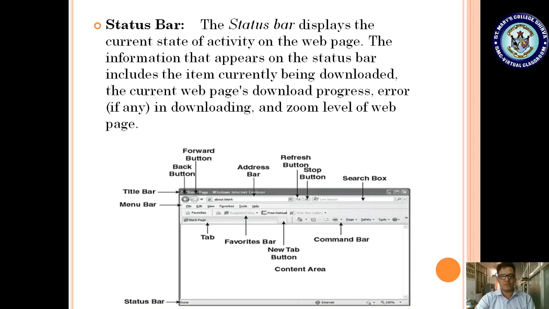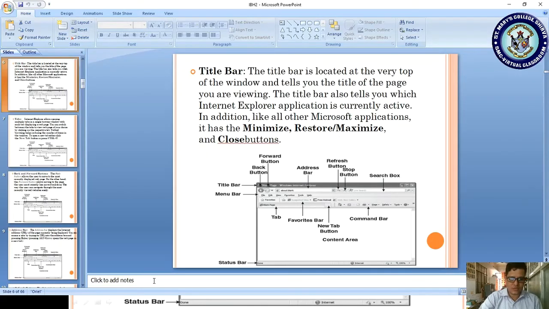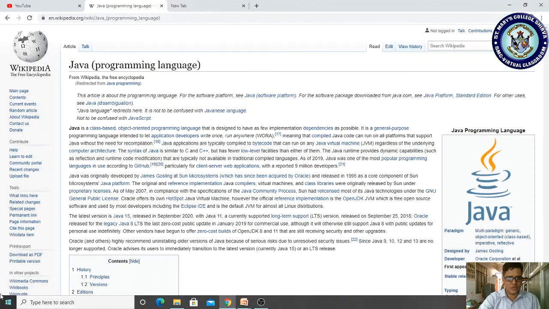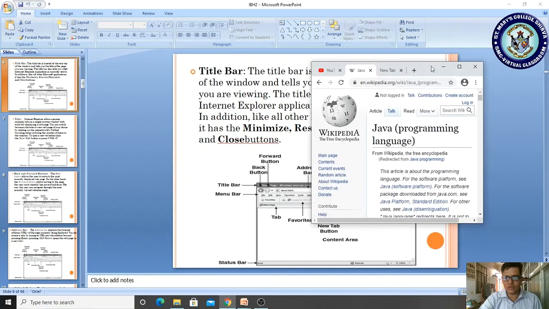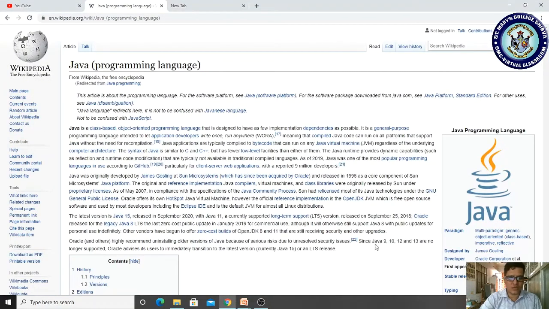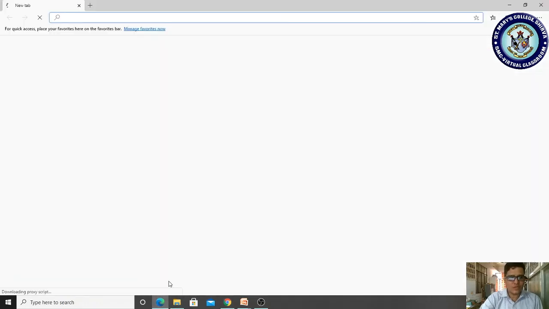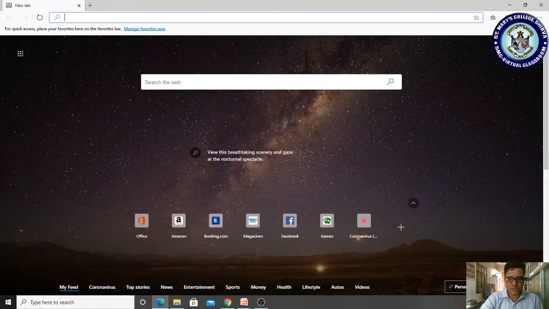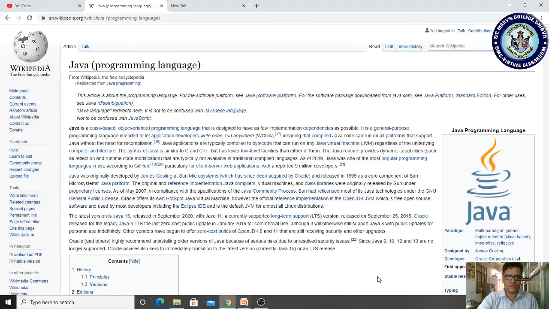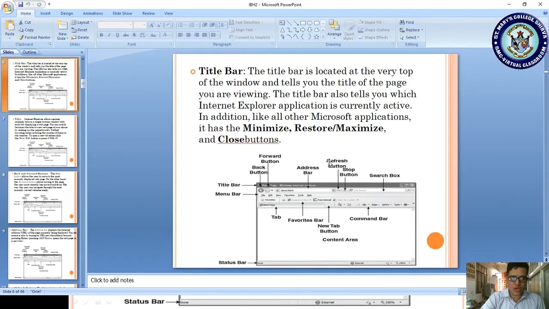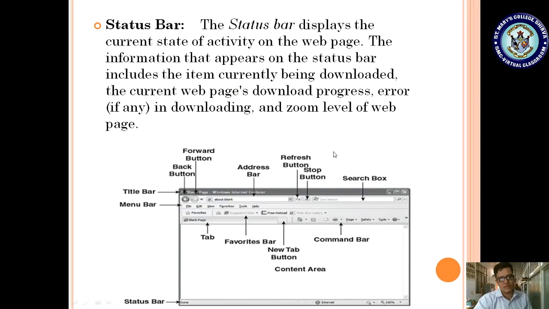This status bar, please observe here, if you observe here, it doesn't consist of any status bar in your latest browsers, but in older browsers we had a status bar. In the status bar you would see the downloading process, scripts, and status information will be provided. Now in your latest version this status bar is not appearing.